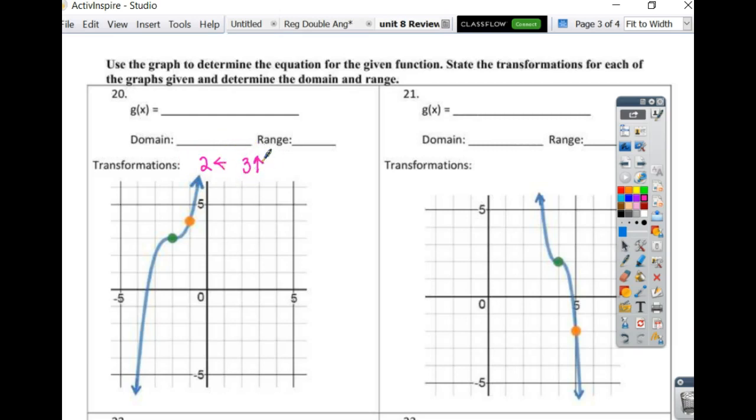Is this going the right way? It's going up to the right, so there's no reflections. And then is it over 1 and up 1 to the next point? So there's not a stretch or compression. I know my domain and range are all reals. So I'm going to get